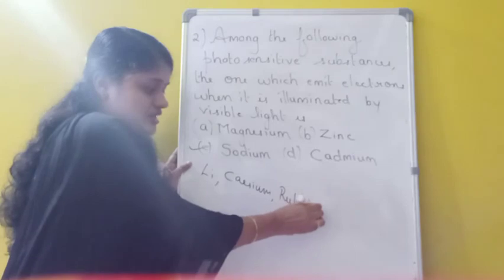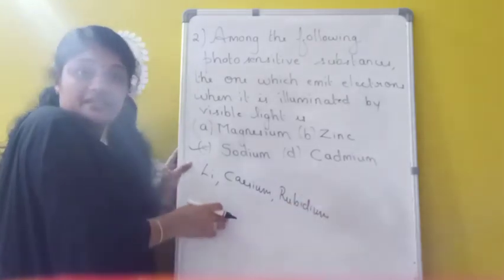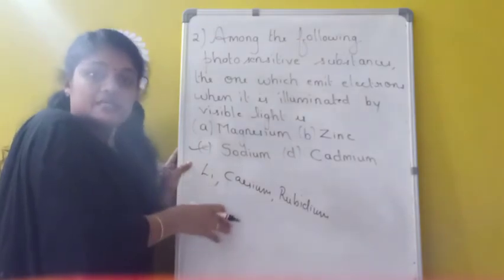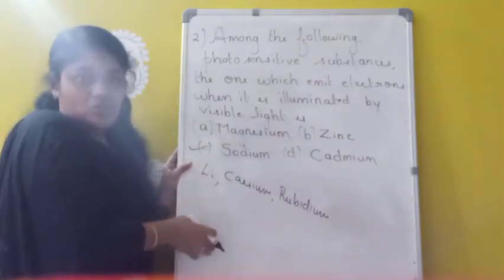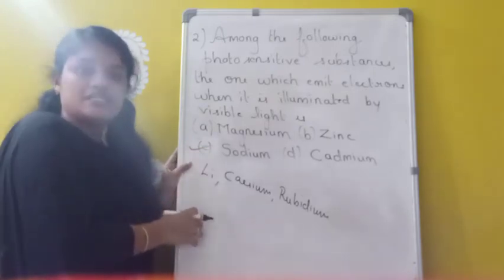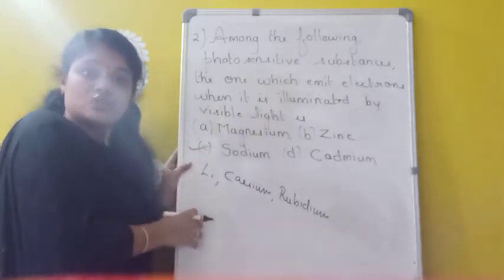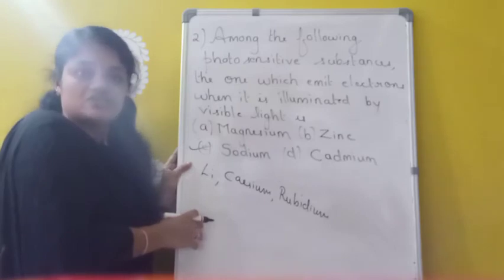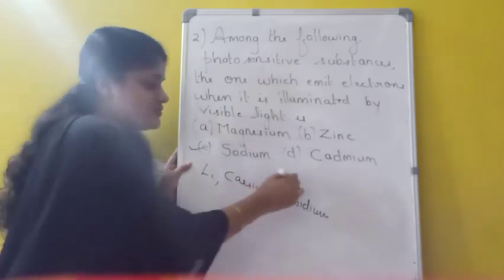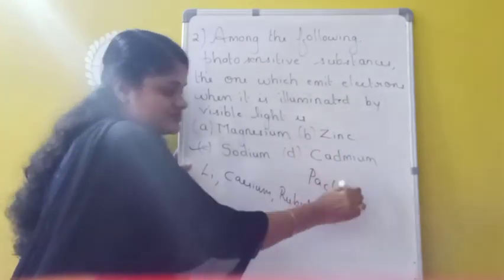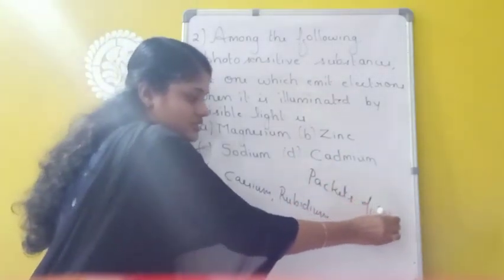In the case of alkali metals, they are sensitive to which one? Visible light. So even when visible light falls on these materials, they may be emitting electrons. So they are more sensitive to which one? Electromagnetic radiations. So the photoelectric effect is the emission of electrons from photosensitive material when electromagnetic waves fall on these materials. In the case of the photoelectric effect, we are considering light as packets of energy. So when we are describing this photoelectric effect, we consider light as which one? Packets of energy called photons.